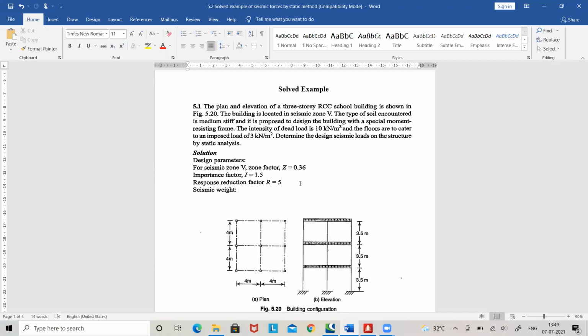So here in this case, I am going to consider the 50% of the live load and 100% of the dead load acting on all the floors except roof. So for roof, I am not going to consider any live load. I am going to consider 100% of the dead load. So you can give those particular values in StaadPro. How to consider that? Let's see.